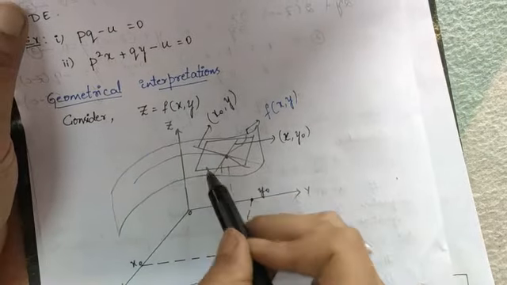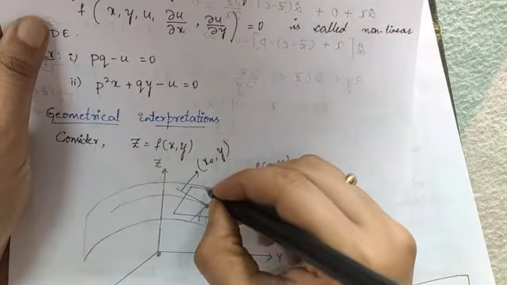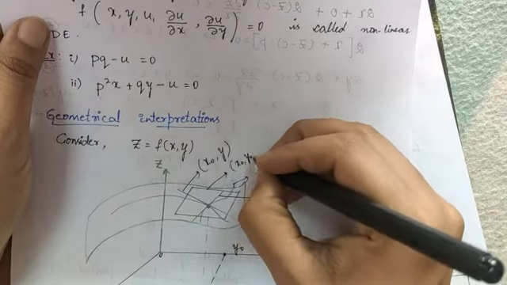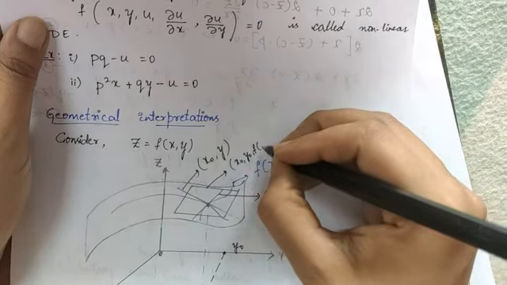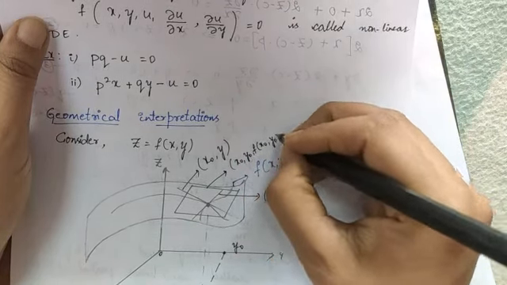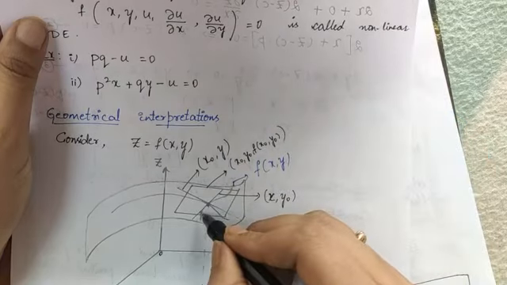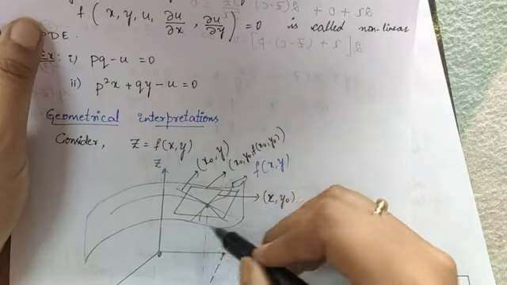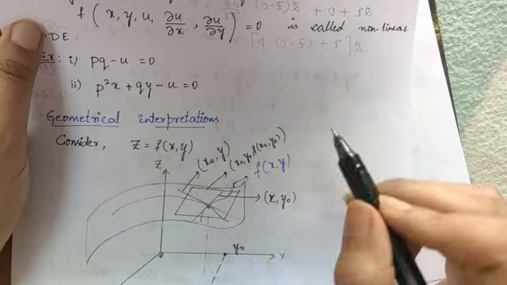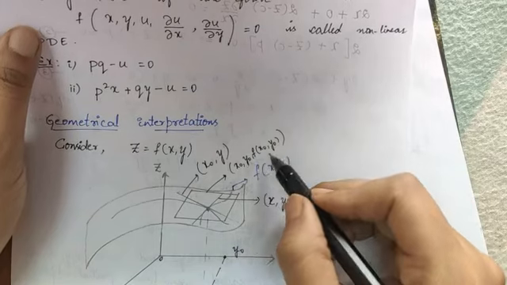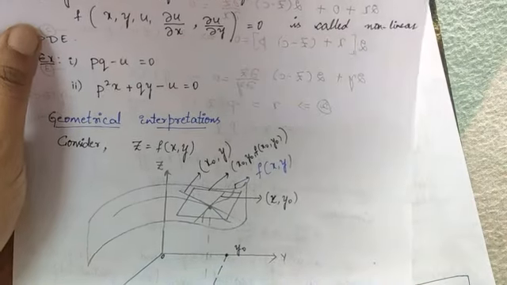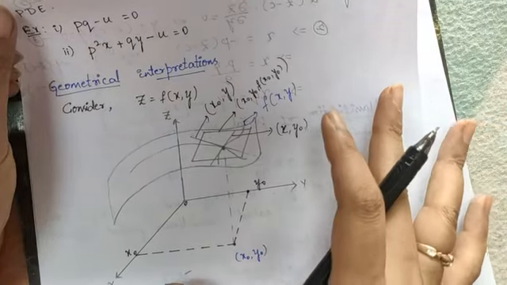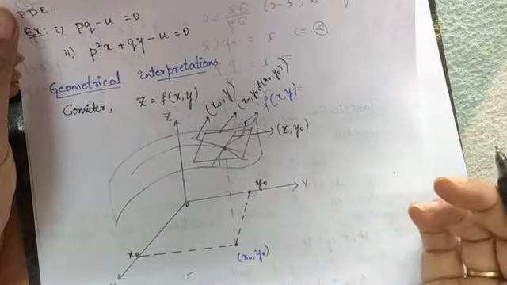This is the tangent plane for the point x0 comma y0 comma f of x0 comma y0. So we have just considered this at this point, right? This is the tangent plane I'm getting for the point x0, y0 and f of x0 comma y0. This is how we represent the function graphically.